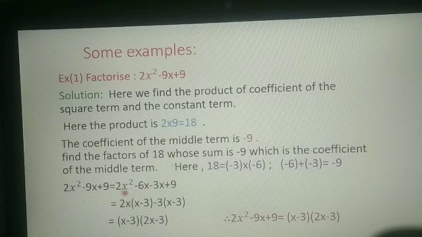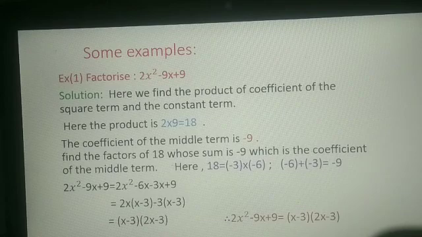Taking common terms, 2x we have taken common, so x will be left. Then minus, here from 6x we have taken 2x common, so 3 is left in the bracket. Now from the next two terms, minus 3 is taken out, and in the bracket from 3x we have taken 3 out, so x is left. Now here minus is outside and we want plus, so minus into minus is plus, so in the bracket we will keep minus sign into 3, because 3 into 3 is 9. Now we have x minus 3 common, so let us take that bracket first, x minus 3, and whatever is left in the second bracket, 2x minus 3.